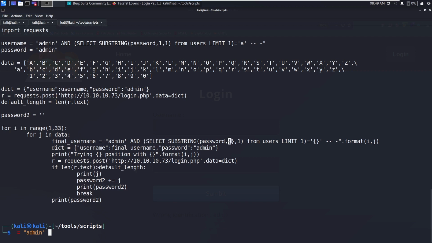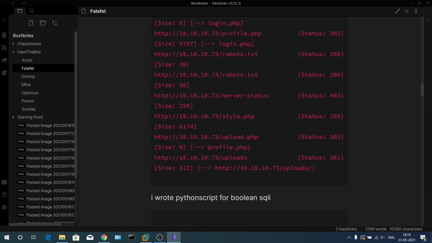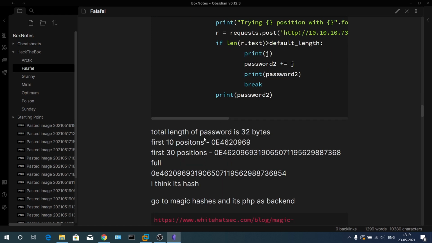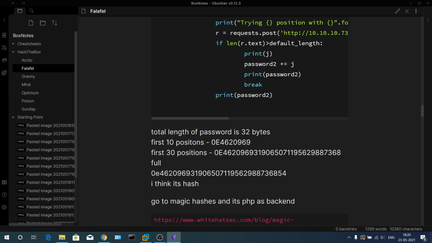So you can see the place holder here. I am going to brute force this one and this one. After brute forcing, I have got the hash. So this is the Python code. First 10 positions we got this, and 30 positions, and finally this is the final hash.